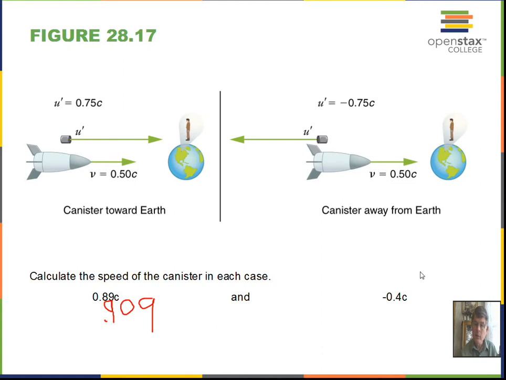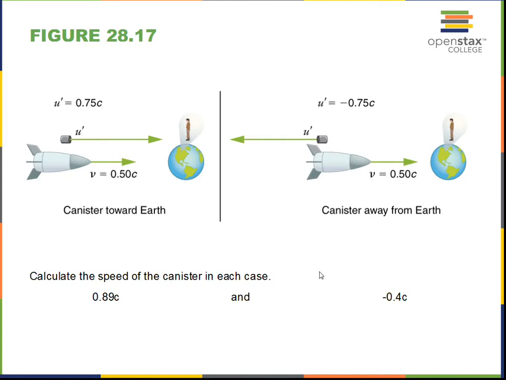And over here, I think I have this one correct. So when we have the canister moving in the opposite direction, we do need a minus sign here. So it'll be minus 0.25 when you combine these two velocities, divided by 1 minus 0.75 times 0.5. That gives us 0.375. We have to subtract that from 1 in the denominator. Do this yourself. I came up with minus 0.4c, but you better check my work. But this is the correct way to add velocities.